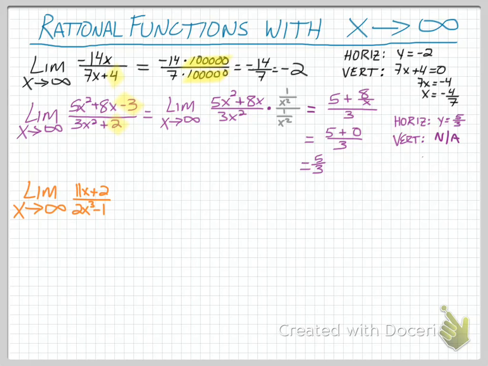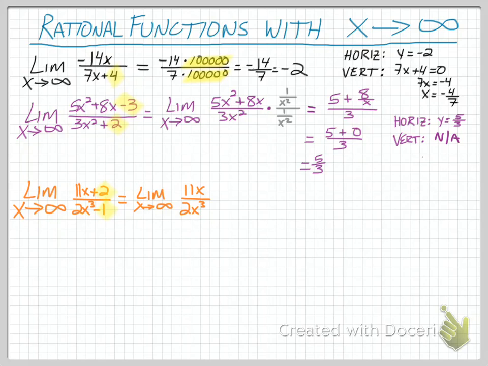This example is a little different than the previous ones because you can notice that the highest power in the numerator is different than the highest power in the denominator. So we've got 11x plus 2 over 2x cubed minus 1. So we're going to get rid of that 2 and negative 1, and we are going to be left with 11x over 2x cubed. Using the same idea that we did in the previous example, we're going to multiply by